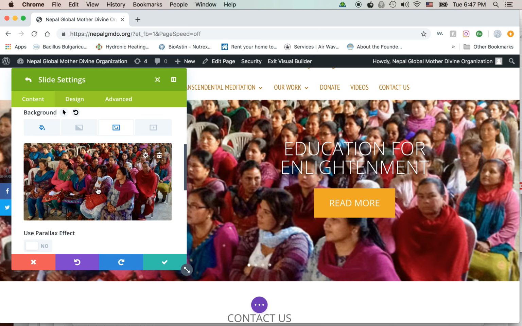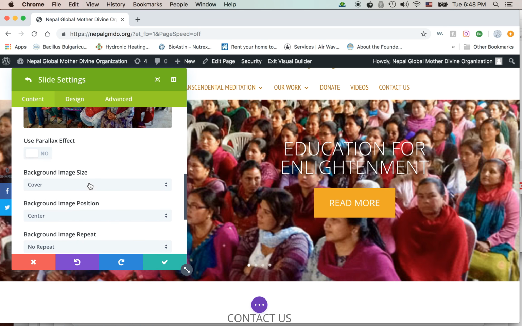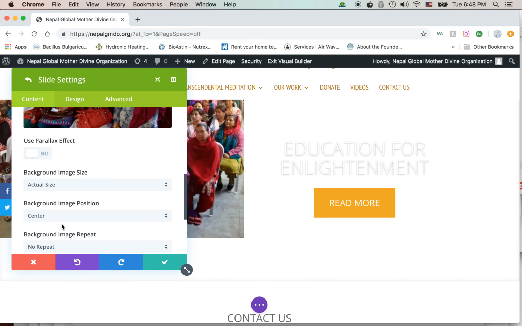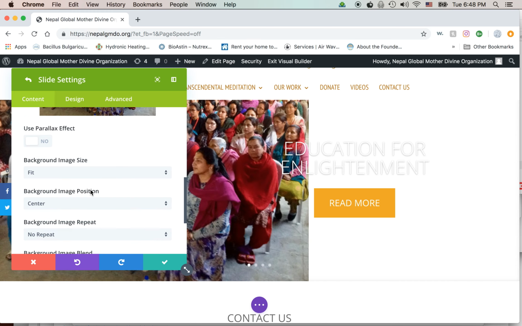And then there are some options for how it fits in the slide section, which is down here. So background image size means that it will cover the entire background, or as you'll see, you can make it fit. So basically it'll scale it from the top to bottom. So that's how it looks normally. It'll scale it to the height, excuse me. Actual size is probably going to be similar. Okay, so for this particular image, it's a smaller image, so it's actually going to be slightly smaller than that. So we use fit for now,